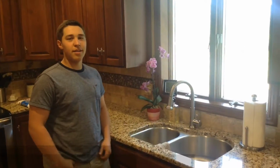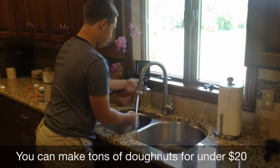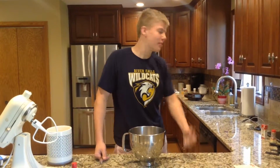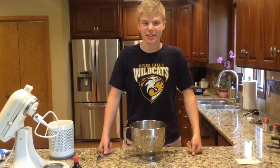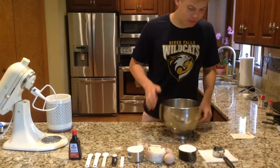So before we start making the batter, we have to wash our hands. Before we start making our donut batter, we've already plugged in the donut maker over there to keep it hot. So we're first going to need 1/4 cup of oil,